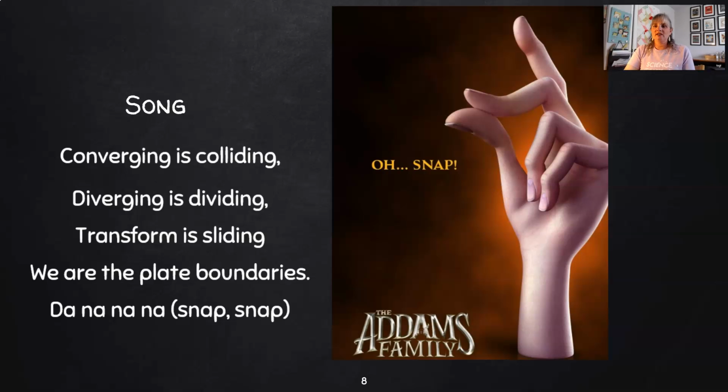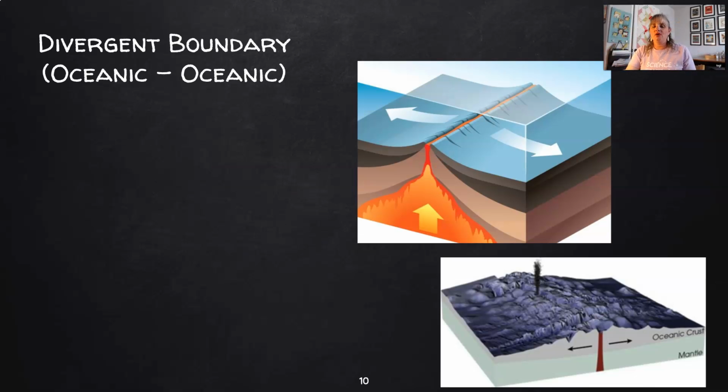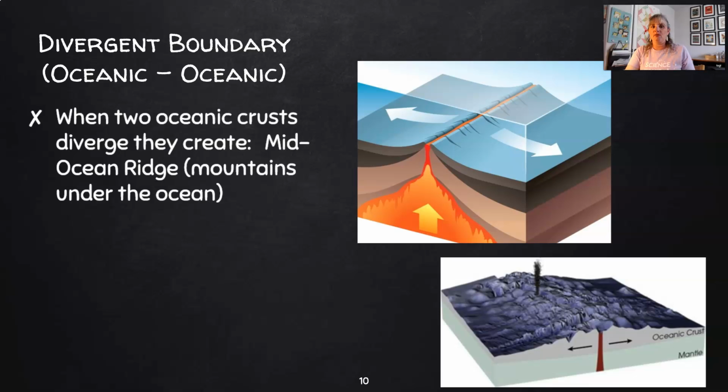So if you have a hard time remembering what these different boundaries are, maybe you can come back to this song. So, we're going to first talk about divergent, or where plates are dividing or moving away from each other. So we're first going to talk about an oceanic plate and an oceanic plate diverging away from each other, so a divergent boundary. So when these two oceanic plates meet, magma is coming up from the mantle, and it's